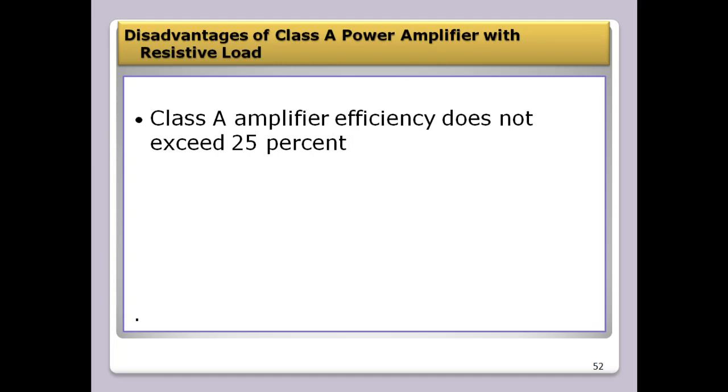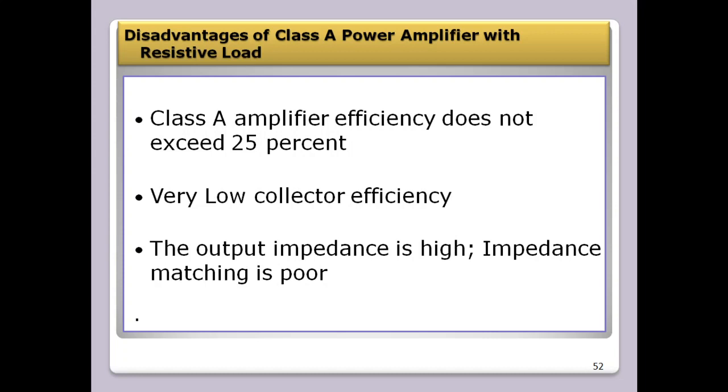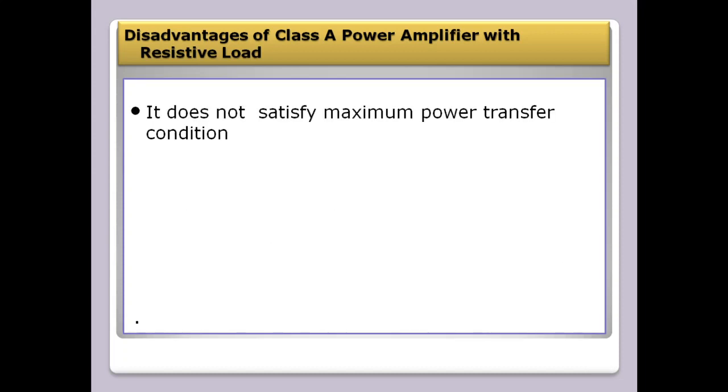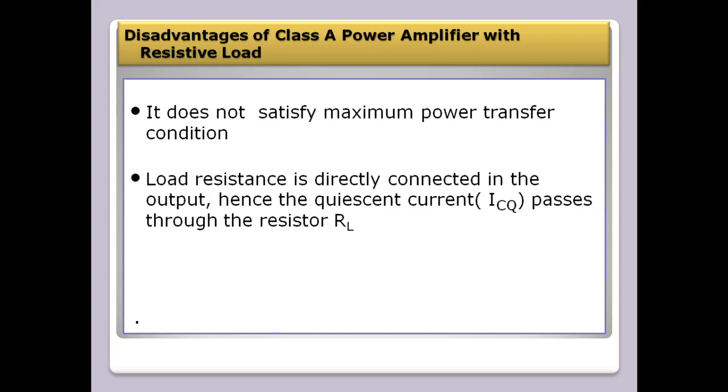The disadvantages of the Class A power amplifier. Class A amplifier efficiency is only 25%, and it has very low collector efficiency. Because of that, the output impedance is high, so impedance matching is poor. Some other disadvantages: it doesn't satisfy the maximum power transfer condition because of the high output impedance, and the